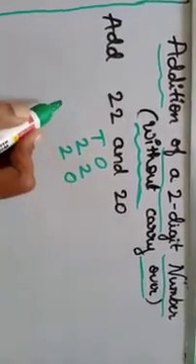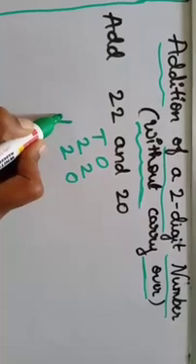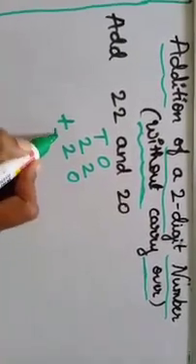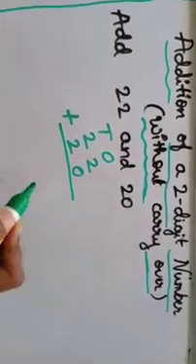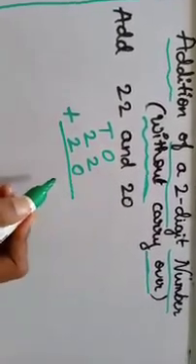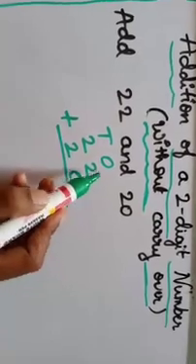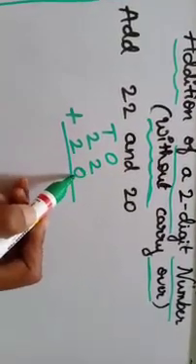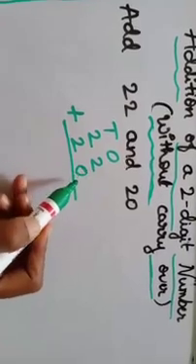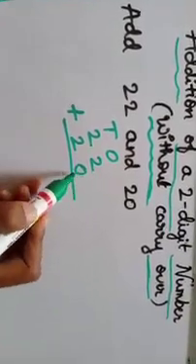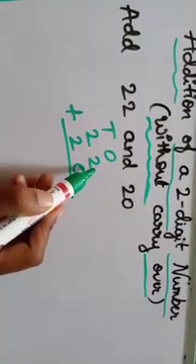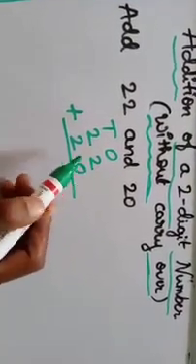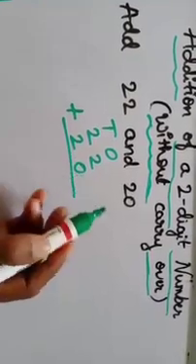The next step, what do we have to do? We have to write the symbol of addition, that is plus. Then we start to count, we have to add these numbers. So let's do the first one, that is 2 plus 0. Which is the big number here? 2, obviously. 2 is the big number. So 2 we keep in our mind and 0 is in the hand.